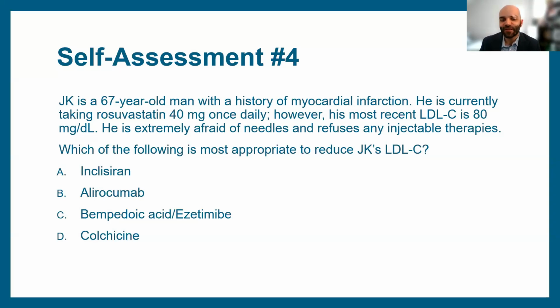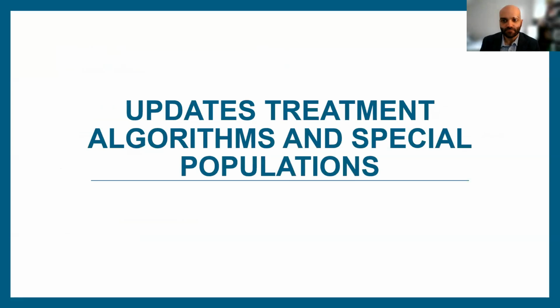Colchicine wouldn't necessarily be the right one here because the patient doesn't have any lipid lowering therapy, and colchicine doesn't really work on the lipids. So bempedoic acid, our option C here, would be the great option in a patient who won't use a statin or is afraid of one, or is already on a statin and would need a good add-on therapy as well. So bempedoic acid can be add-on or can be used by itself.